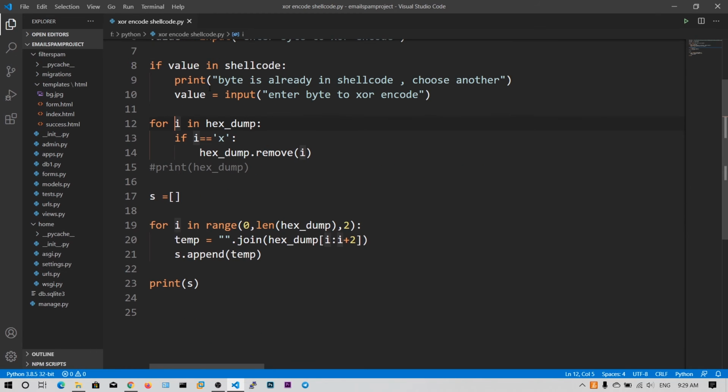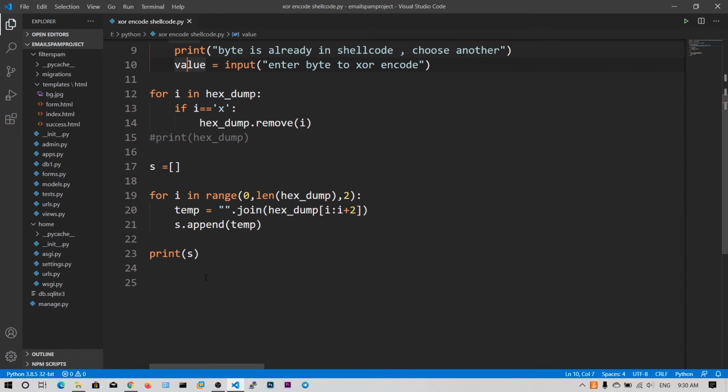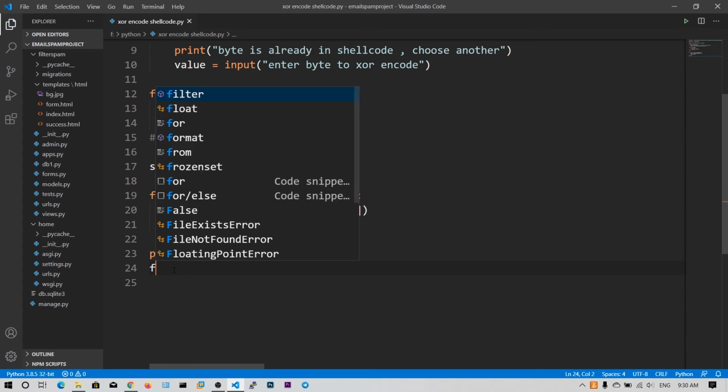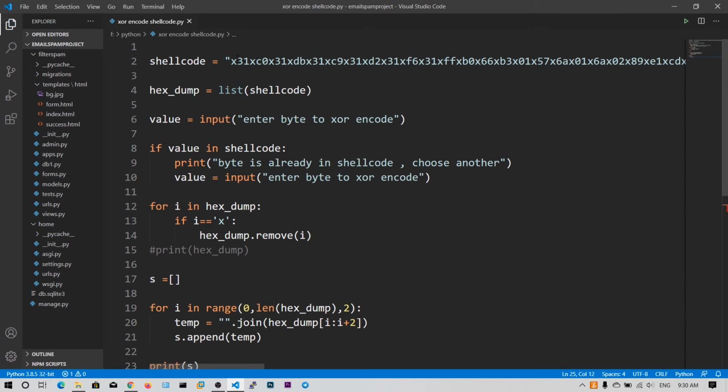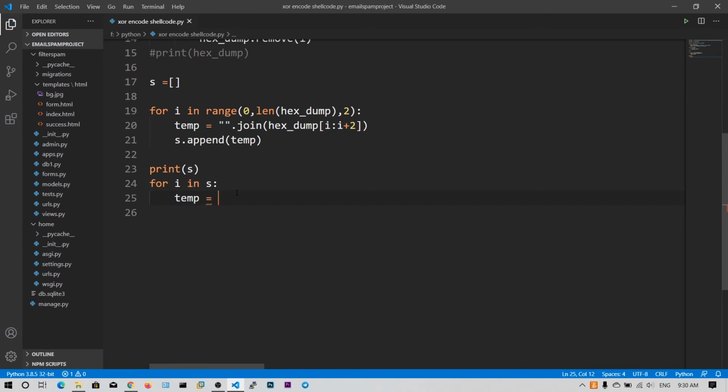Alright, now we have this value and our s list, and in that list we need to loop over each element. So let's say for i in s, we set temp equal to, now we want to convert this 31 into an integer and this byte into an integer, and then do the XOR.